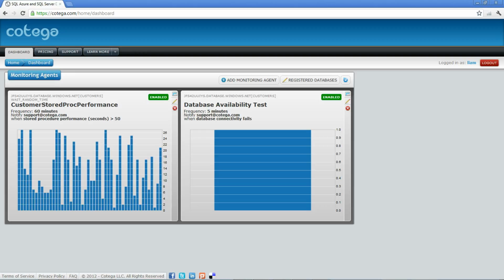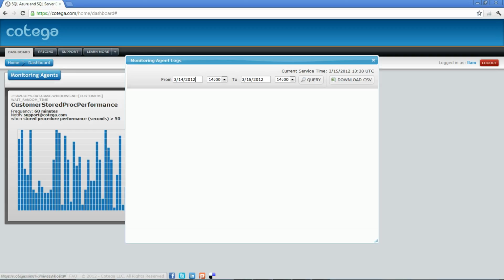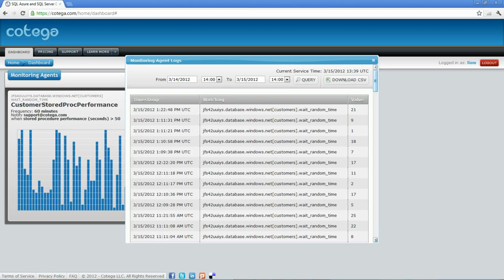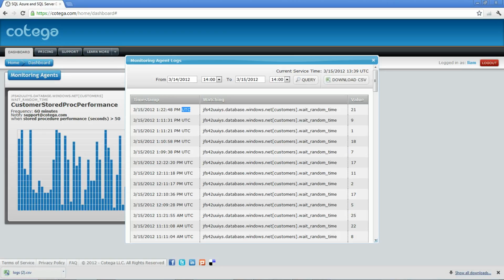And I can also view historical logs. So from any of these agents, I can click here in the logs page and say, between this time frame, so basically over the last day, I can query to get the results of the data. Here are all the entries. The execution of the store procedure, the time that it took to complete it, when the job was actually executed. You'll notice it's all in UTC time. And if I want to, I can download the data to Excel and load that as well. So from that, I'm going to close this page,